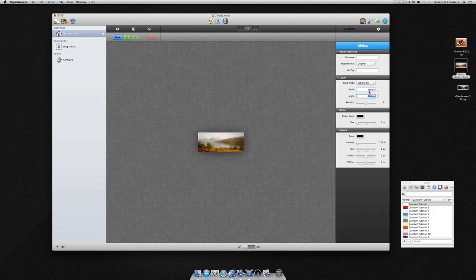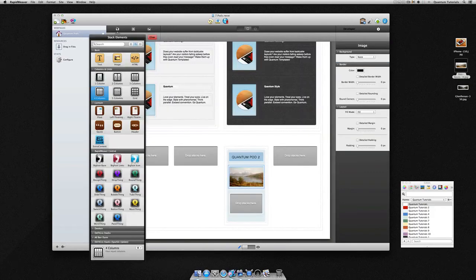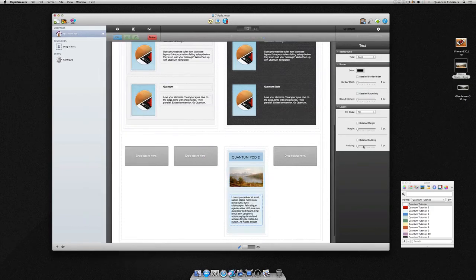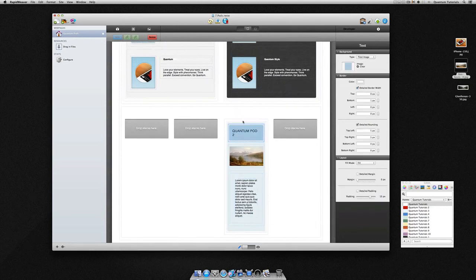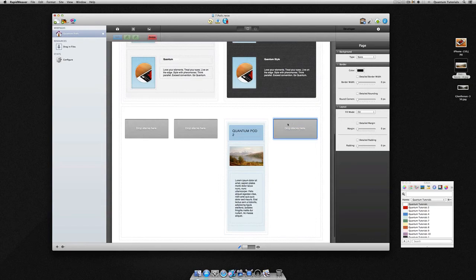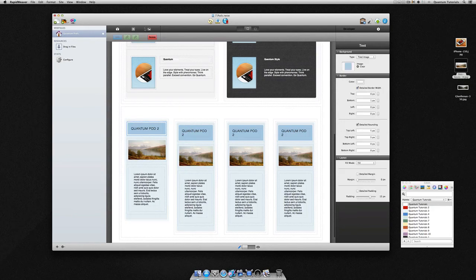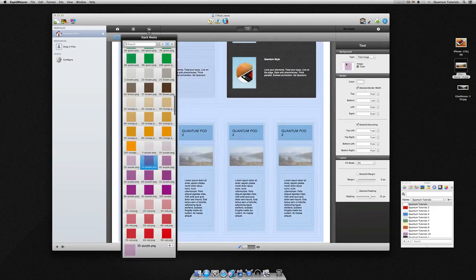The next thing, let's just drag in some text. We'll give it a margin, 10 margin and 10 padding all round. Now we can just copy that to the other stacks, and very simply let's just change this one to 30%